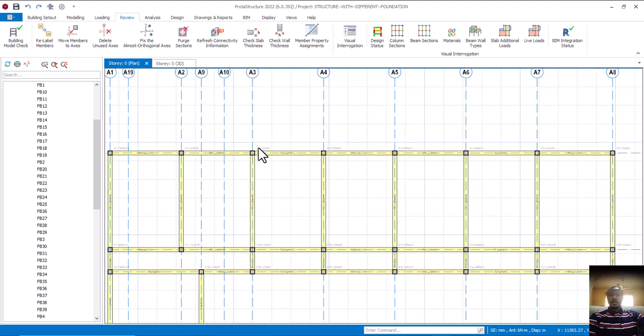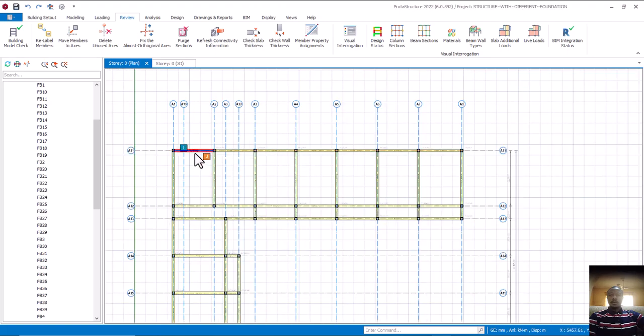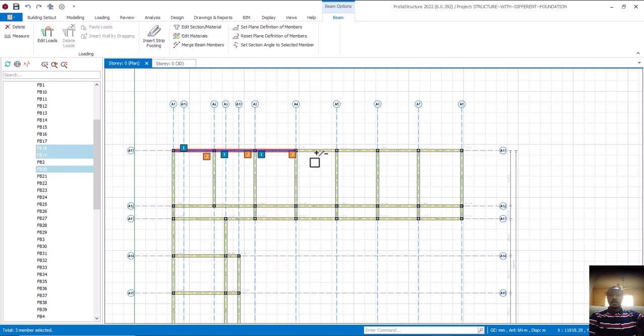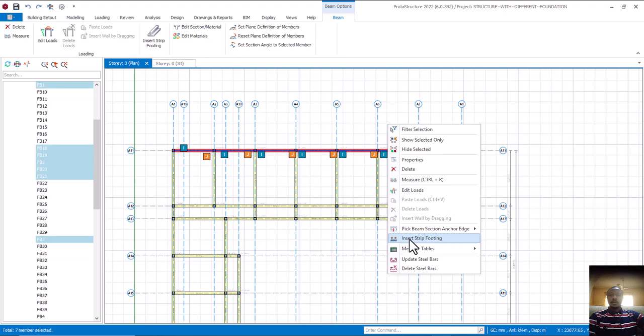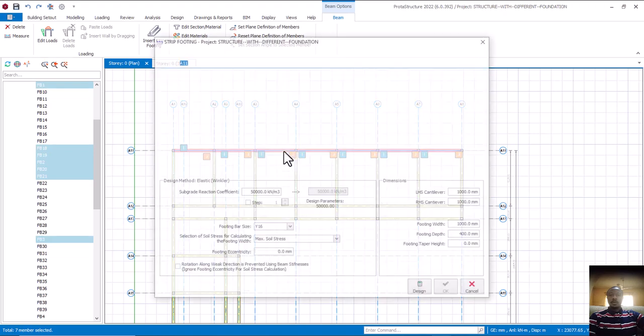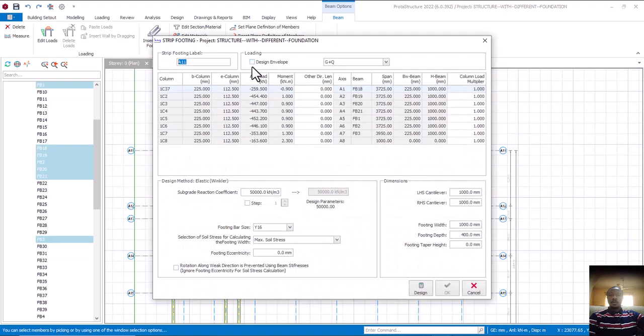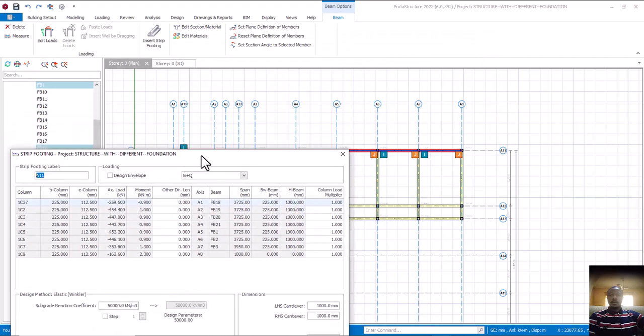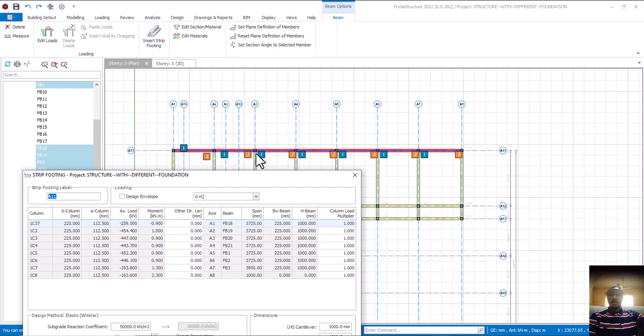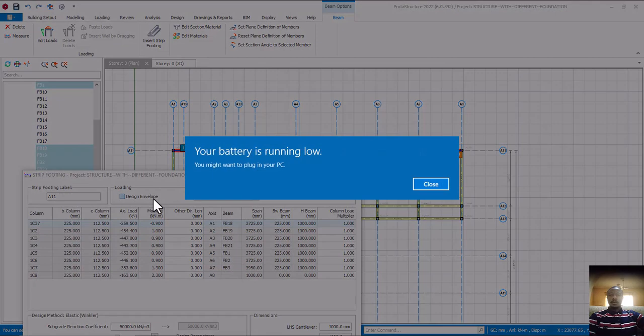Now I'll come here, because why we are checking the design envelope is, let me click here, click here, click here, and right click, come to insert Y strip, and let's come up again. Now the reason why we are checking this is what I want to explain. You can see that initially we click on it, do all the settings and design, isn't it? Now I want to explain why we are checking this particular design envelope. It is because if you look at this line of beam,